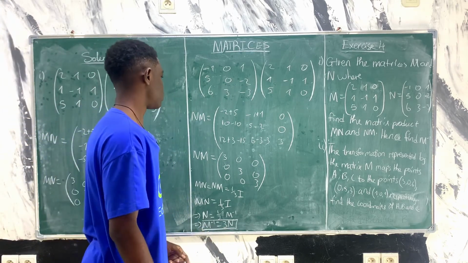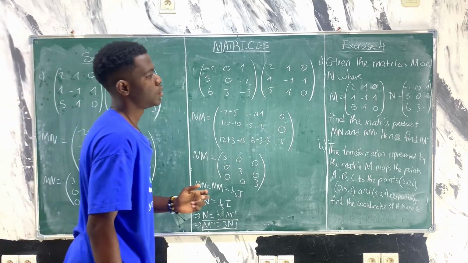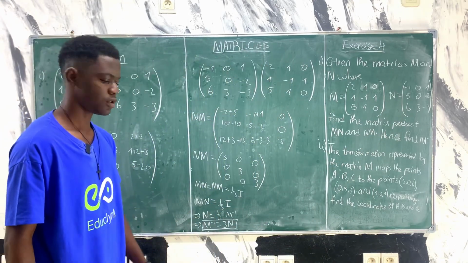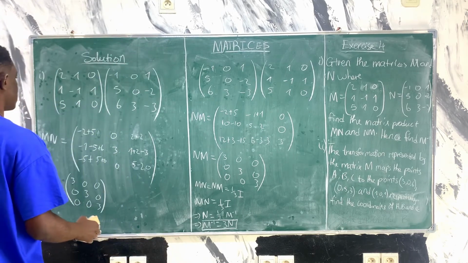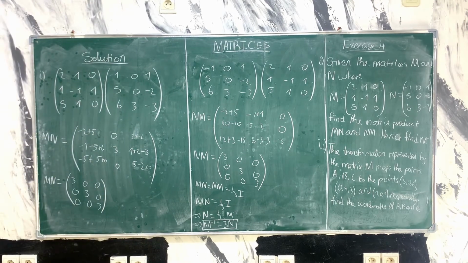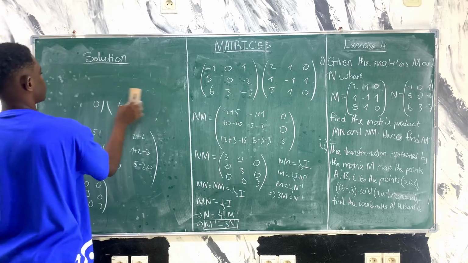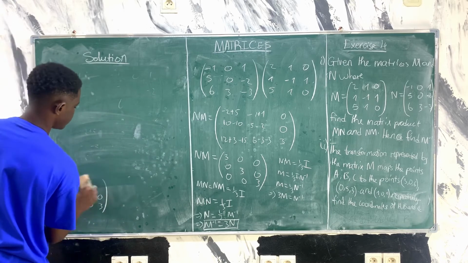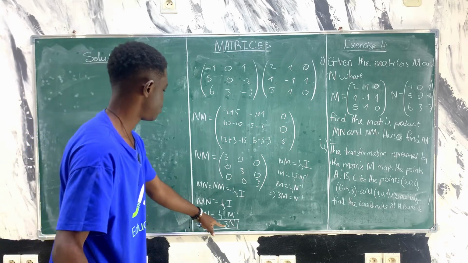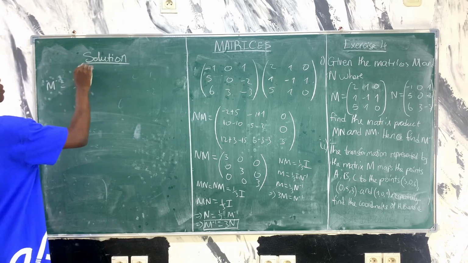So since m inverse is 3n, we come to n and multiply by 3. You're going to have m inverse. So let's do that. M inverse is 3n. We multiply n by 3, we are going to have m inverse is equal to 3 times